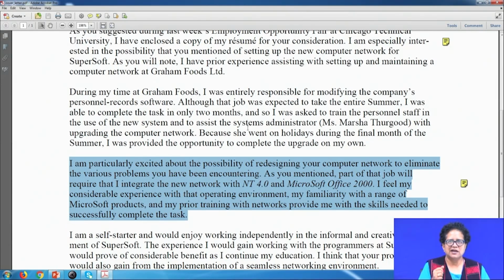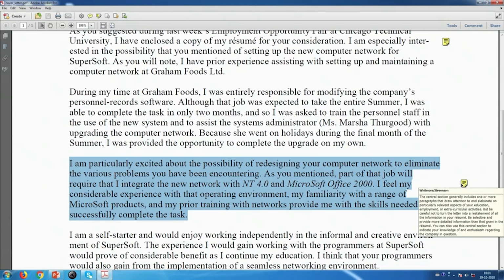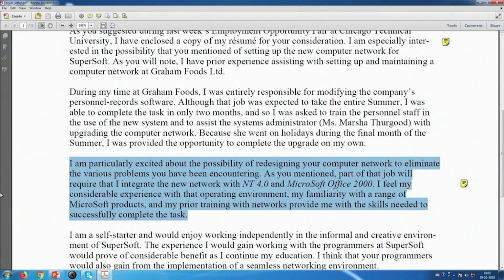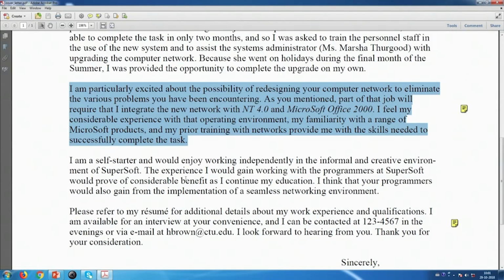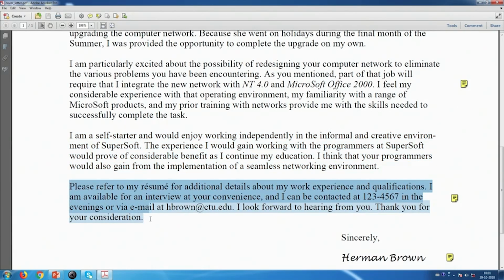It is in fact reflective of the amount of enthusiasm you have for the job, and the candidate says, I feel my considerable experience with that operating environment, my familiarity with a range of Microsoft products and my prior training with networks provide me with the skills needed to successfully complete the task, and therefore, the point is made. The candidate is now able to speak about his other skills or his additional advantages to be in the workplace, and in the concluding or closing paragraph of the cover letter,